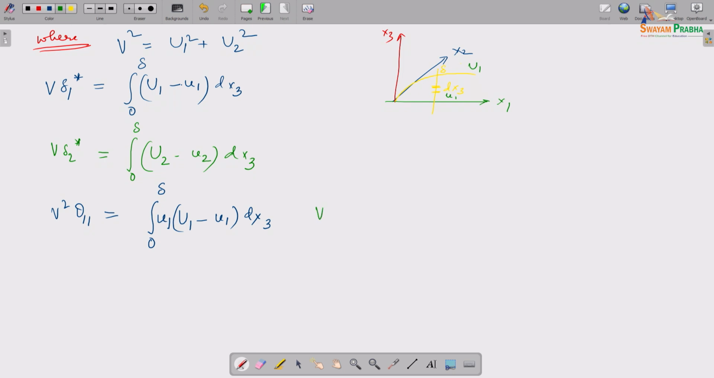Then v square theta 2 2, okay, is also equal to u2 minus this x3,